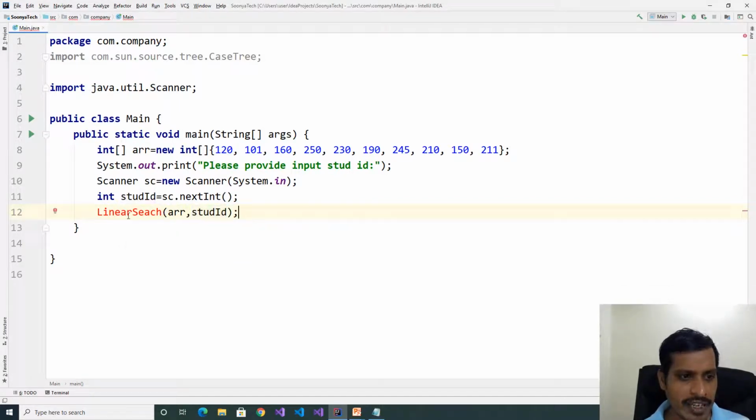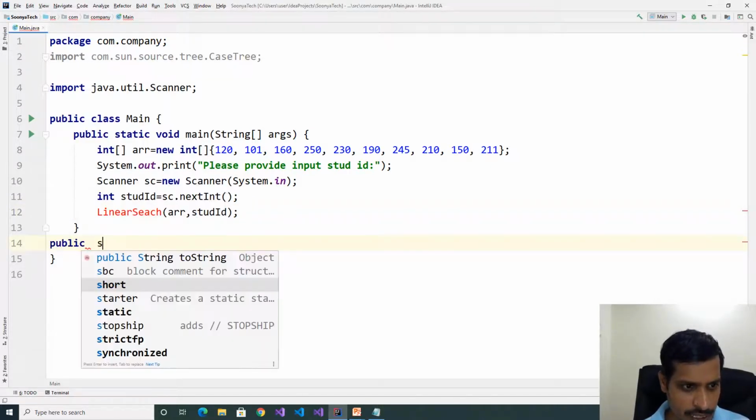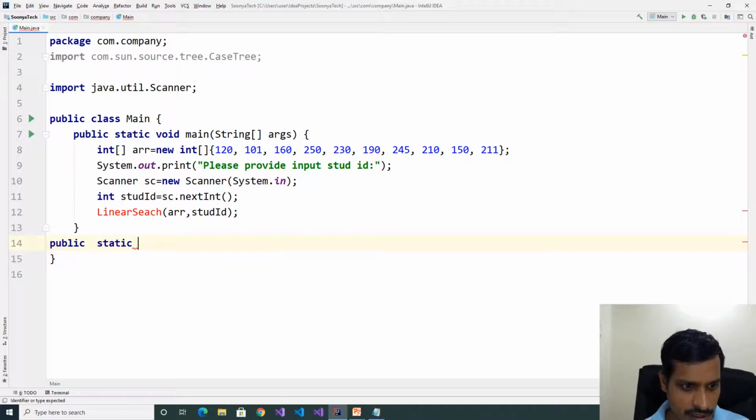Now we need to implement the linear search function: public static int linearSearch, and declare two parameters, int arr comma int id.